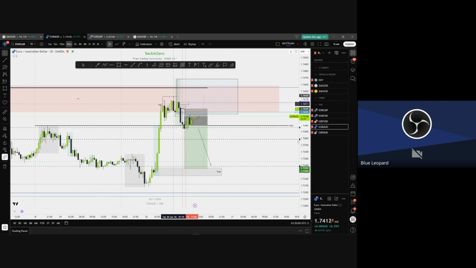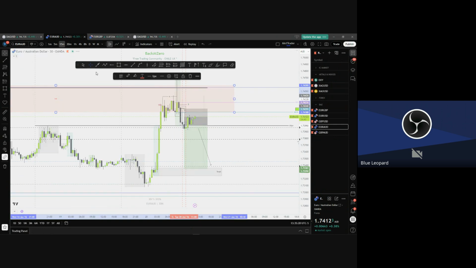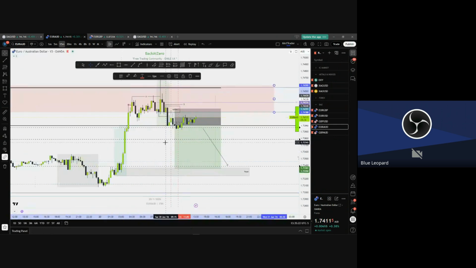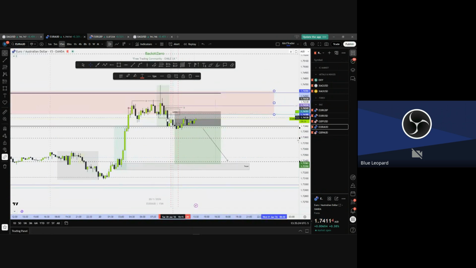But why did I take the trade? Let me show you now and explain why. Because this strategy gives you some pros, but there are also cons. When you arrive here on H4, the main thing you have to do is go straight to M15. What do you do on M15? You mark the change in direction. The change in direction is the last point. Let me show you here.